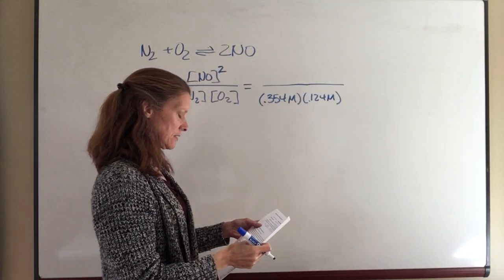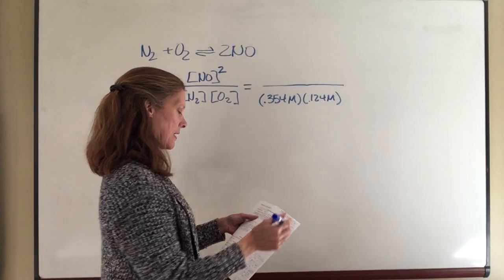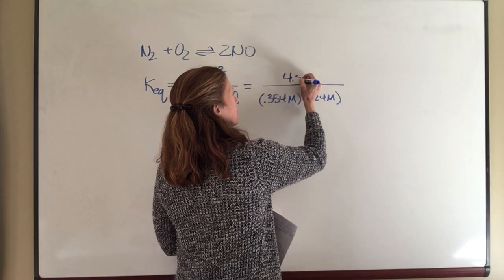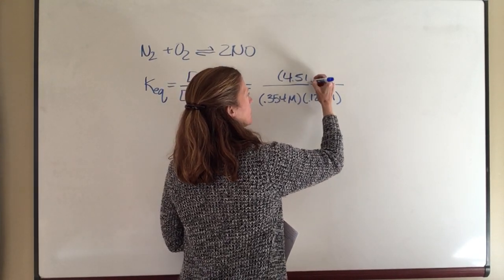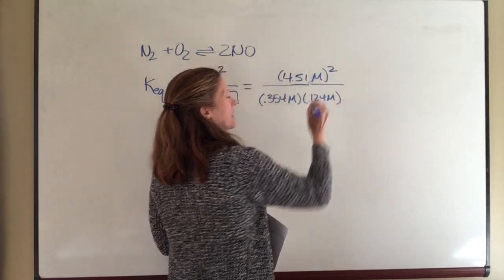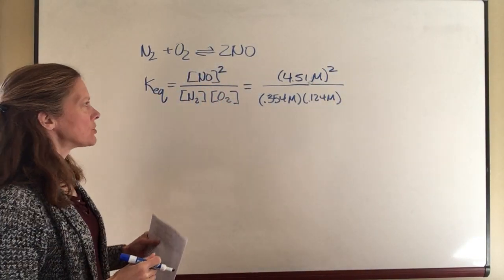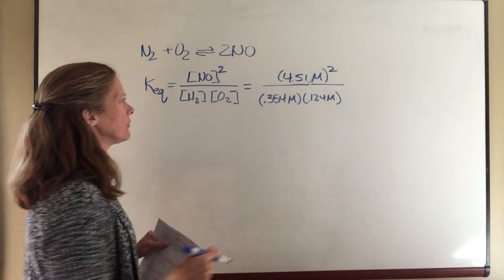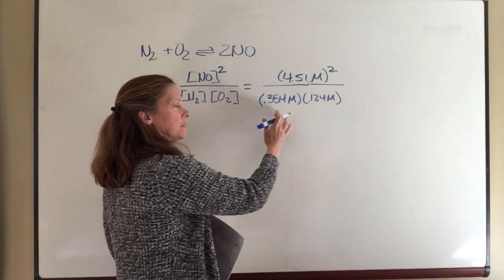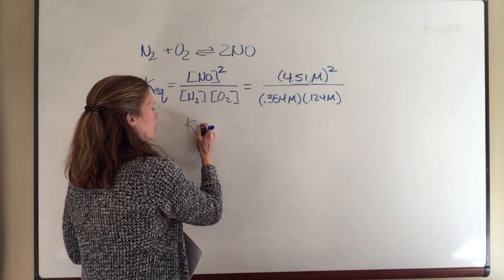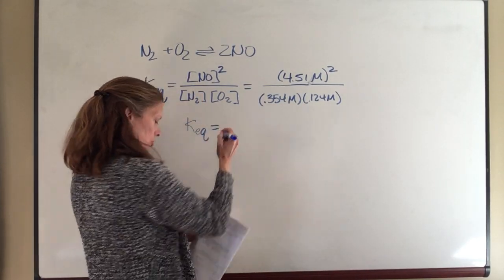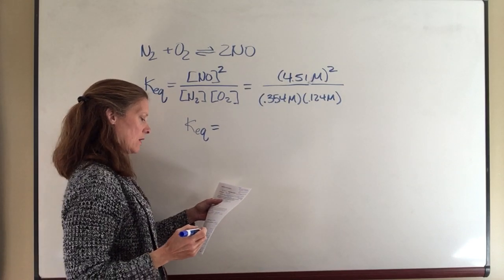And they tell us that the nitrogen monoxide is 4.51 molar. Whoops, forgot the M. And then that number will need to be squared. So when you type that into your calculator, 4.51 squared divided by 0.354 divided by 0.124, the equilibrium constant turns out to be